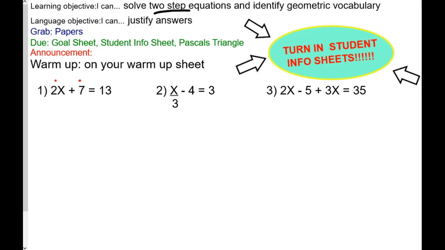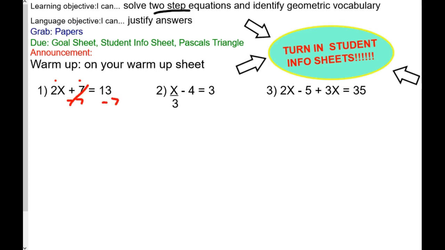Okay, so I like to call it the loner, just because, okay? We get rid of the loner first. We move that constant out first, then we're going to mess with the coefficient, okay? So let's do that. How do I get rid of the plus 7? Like we learned yesterday, the opposite, minus 7,